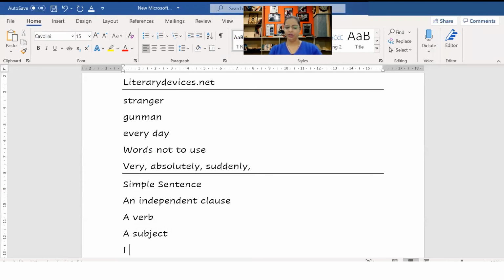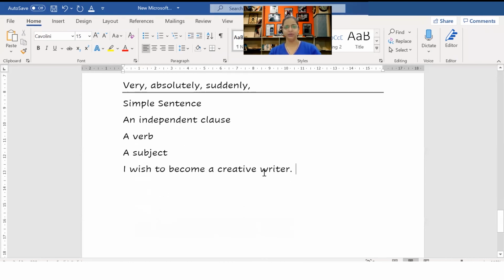So I love my daughter, or maybe I wish to become a creative writer. Let's just say I will take a difficult sentence because this is creative writing. We will take a creative sentence.